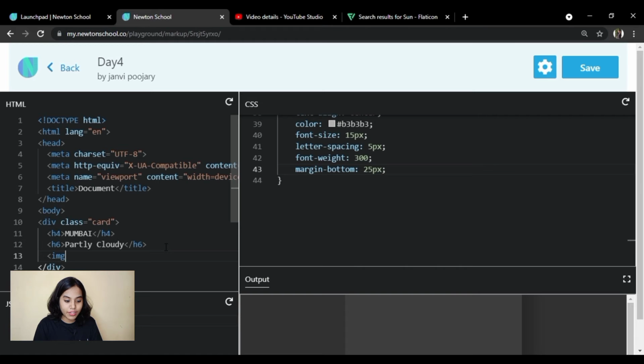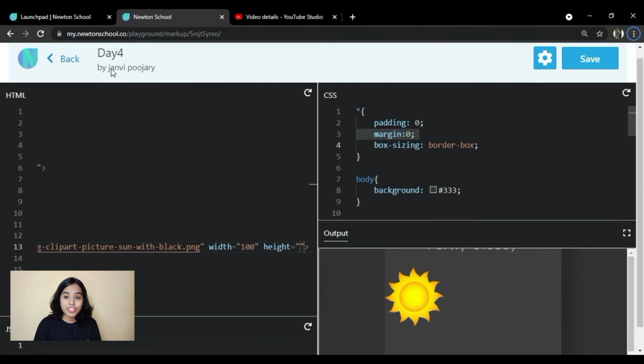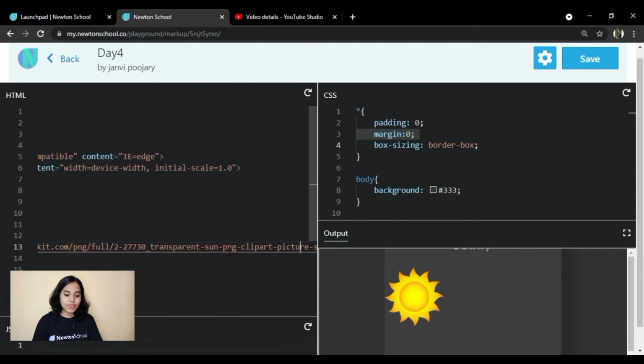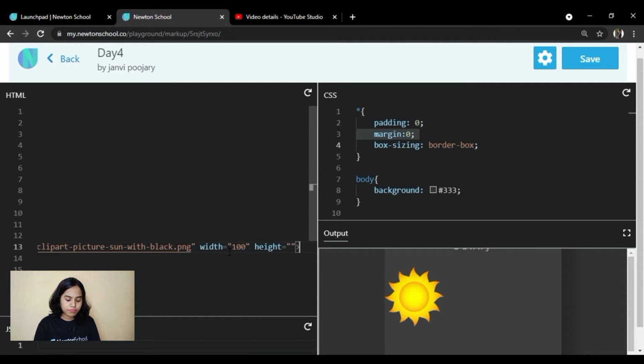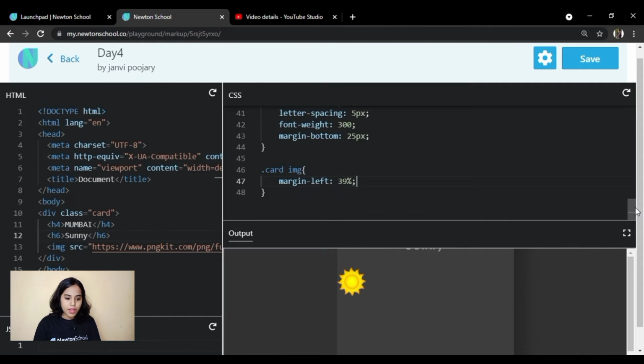Time for putting icons. So I will put one image tag, and inside that, here I will use one sun's image icon, and to make it in the middle, I'll say margin left should be 40%.